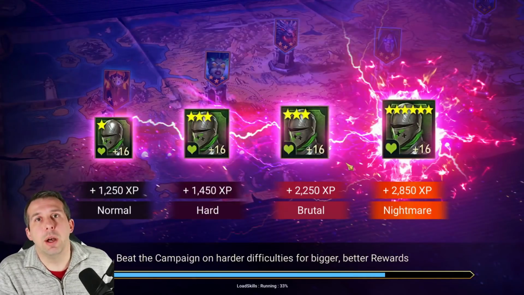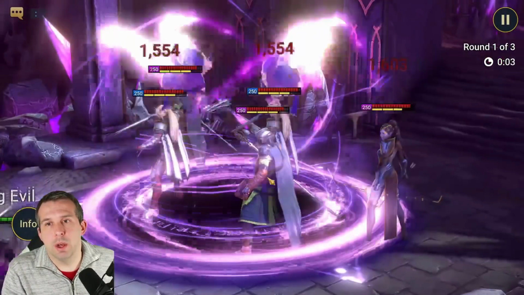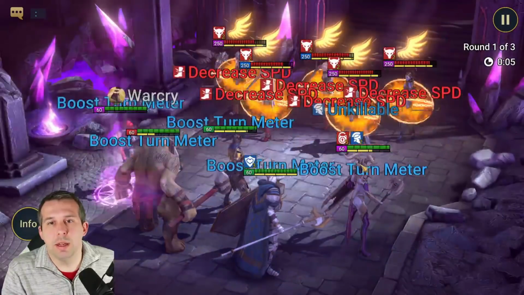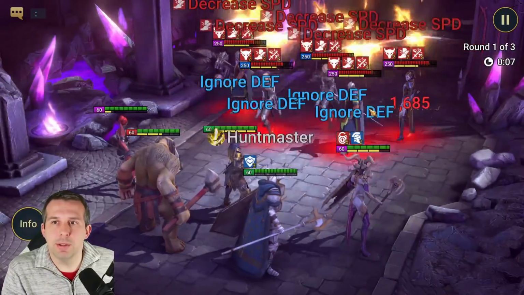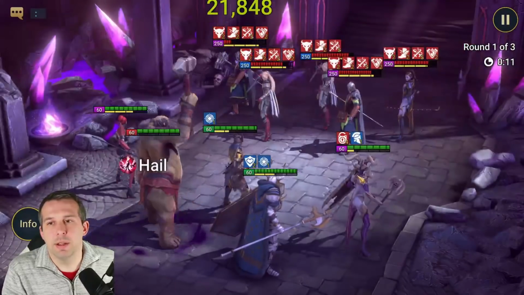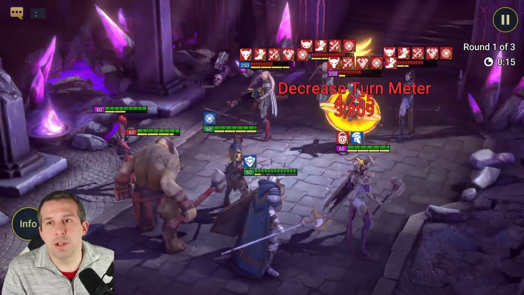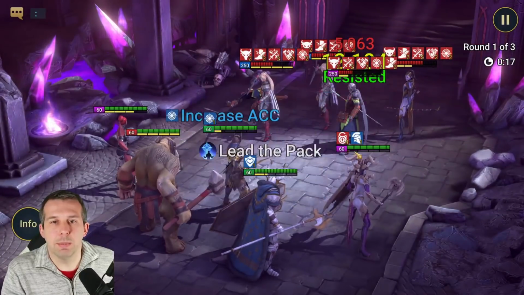So this will be much slower. But the idea with this style of team is, like, who thinks they're going to get a proper turn against me? I'm decreasing turn meter, I'm decreasing speed, I'm decreasing their offensive stats, and my Umbral is provoking people that do actually get a turn. So basically, it's a bit of a...